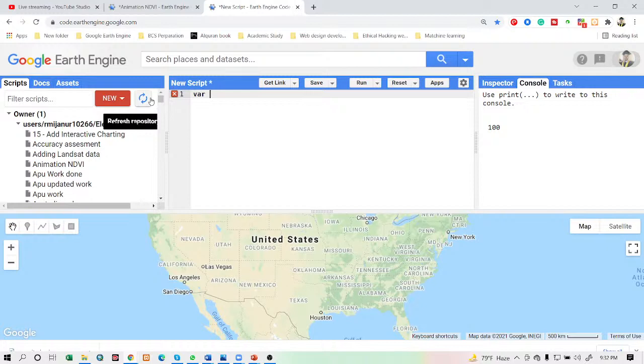So I simply use the var keyword, and then you can define your variable name. The variable name can be anything, you don't need to use a keyword. Okay, I also explained this, but all of this you can write here as a variable name.